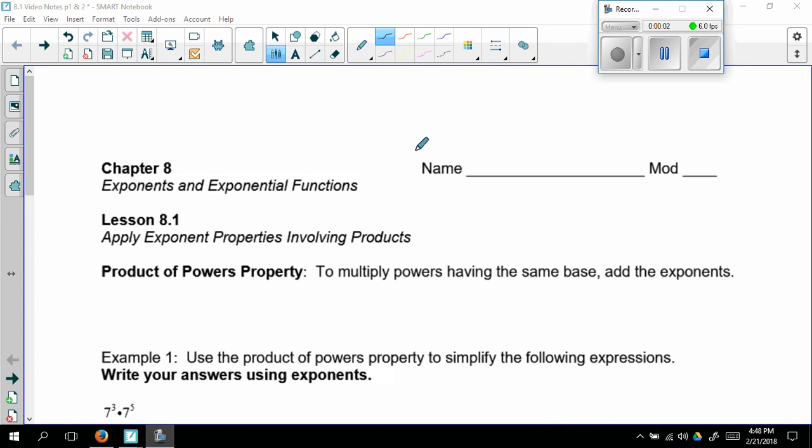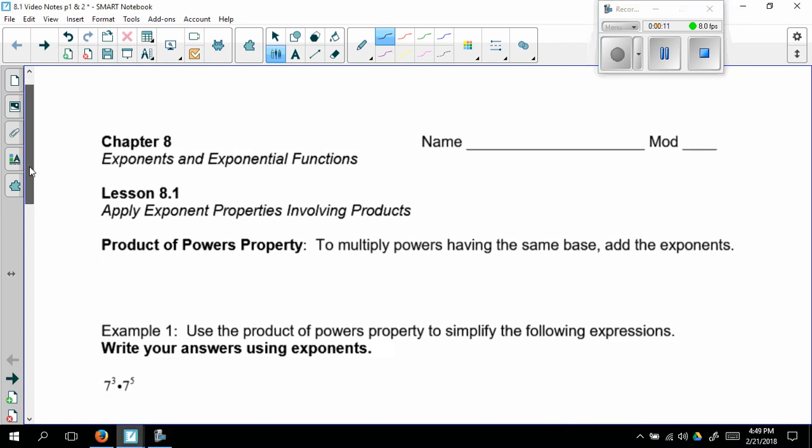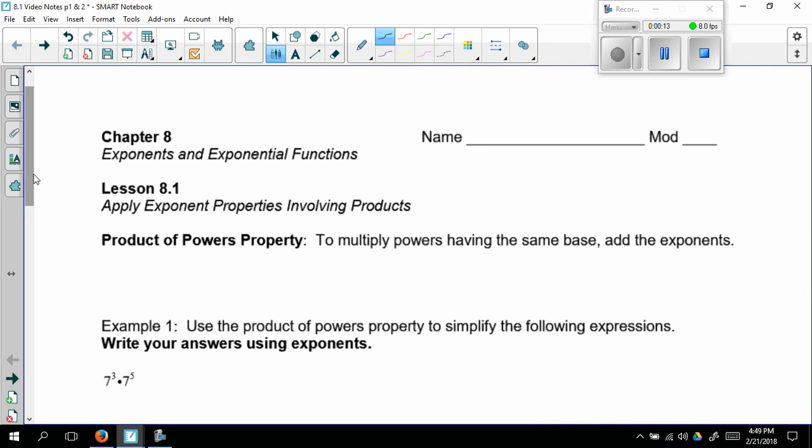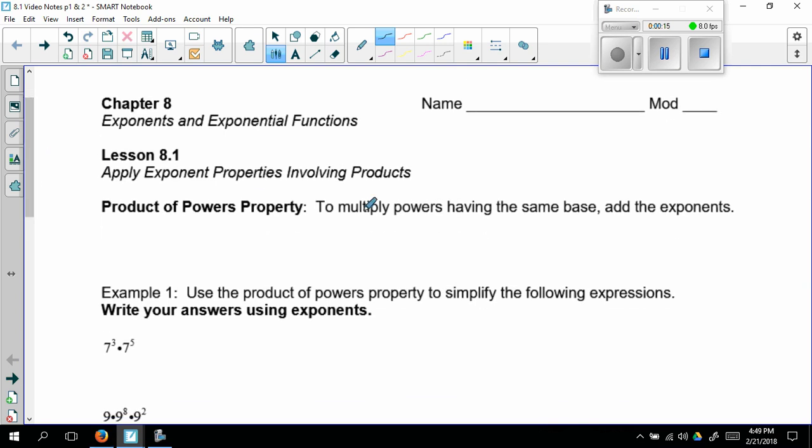This video has to do with pages 1 and 2 of your Chapter 8 notes packet. This unit we're going to be talking about exponents, and we're going to learn some rules to make simplifying exponential expressions easier. So the first rule, which you might have discovered on your preview homework, is the product of powers